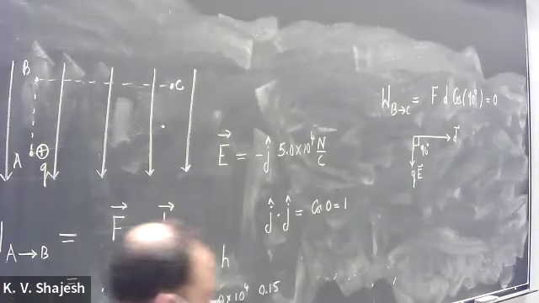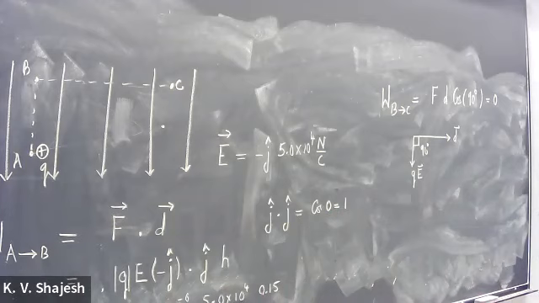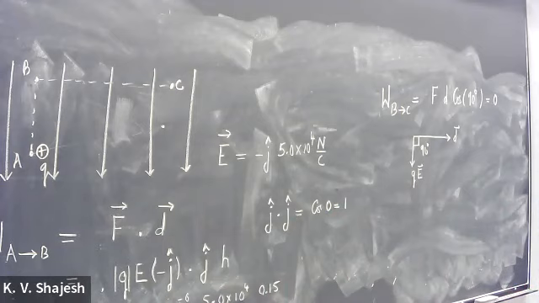It is equivalent to saying if you are on this floor and you walk 10 miles up and down on this floor and then ask what is the work done by the gravitational force. There is no work done by gravitational force because you did not go up or down. Do not confuse this with the work done by you. Your muscles have done work, you have eaten, you have spent a lot of energy for that, but that's not what we are discussing. We are talking about the work done by the gravitational force when you're moving horizontally. And since you're not moving against the gravitational force, it does not do any work. It is the work done by gravity.